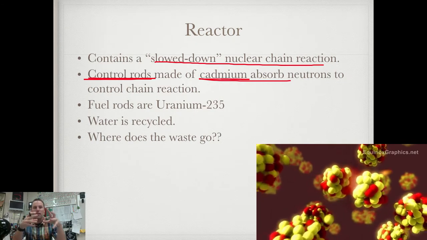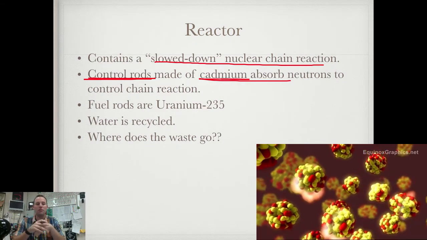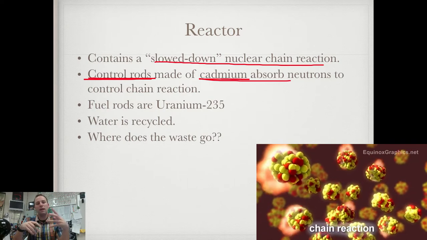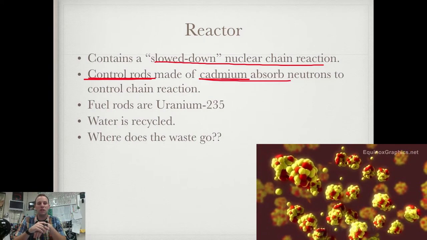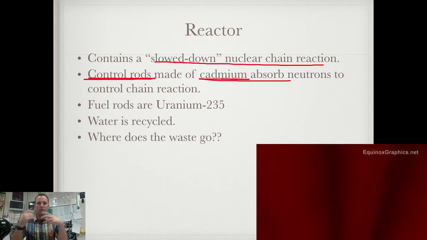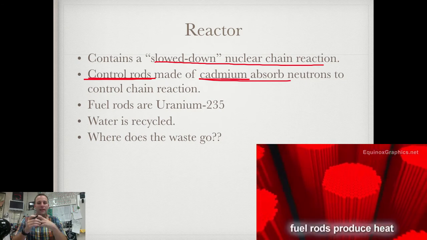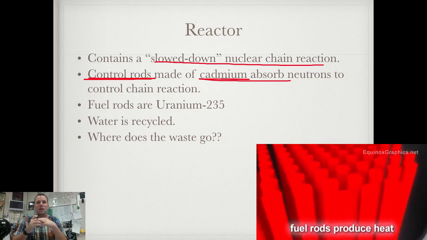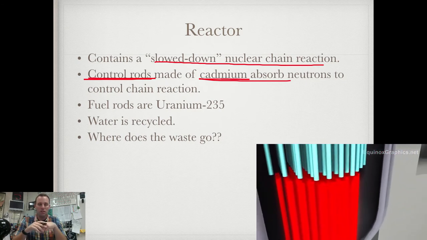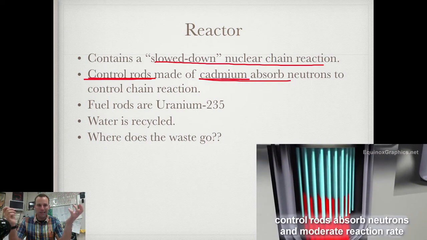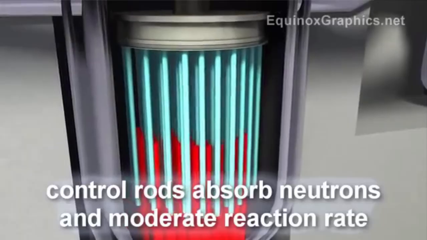So those uranium rods, which are called the fuel rods, that's where the reaction is taking place. They are made of uranium, as we saw in our chain reaction earlier. And the water is recycled, and once those new elements are formed, they're still radioactive, so that's radioactive waste, which is radioactive for hundreds and hundreds of years. So herein lies the problem. This is why nuclear power